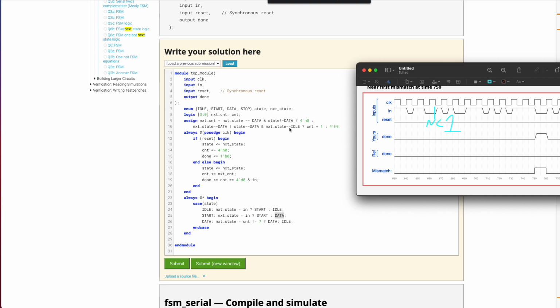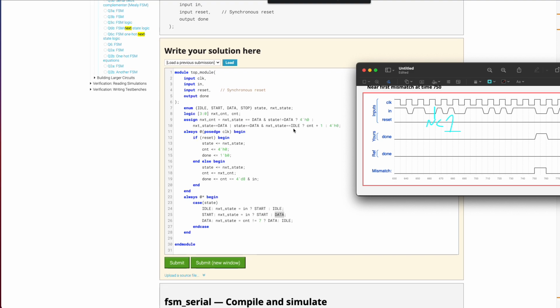Suppose the latter, if the state is data and the next state is idle,